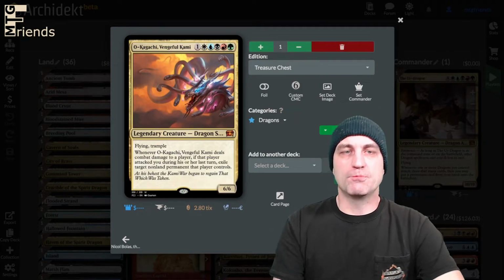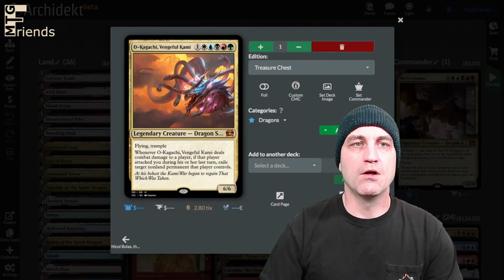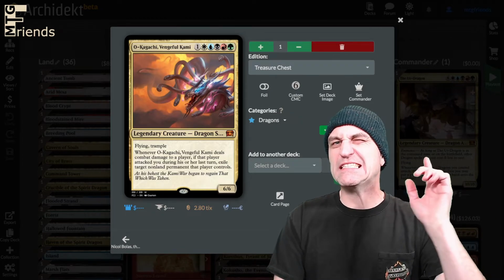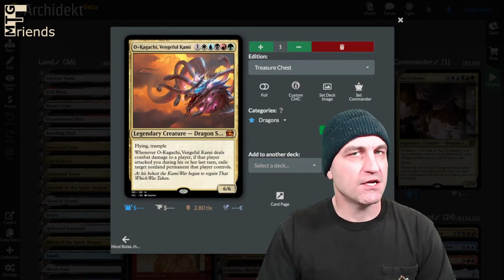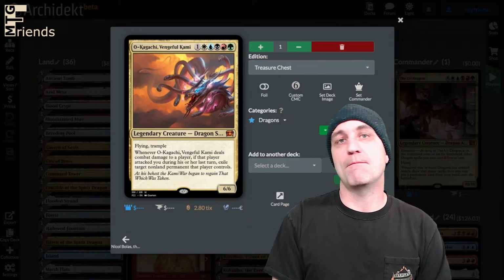Alright, this one is super janky to say, and it's got all the colors of the color wheel. Oh, Kagachi Vengeful Kami. I think I got it. It's a flyer trample 6/6. Not a super fan that it costs you all the colors, but we have lots and lots of mana fixing